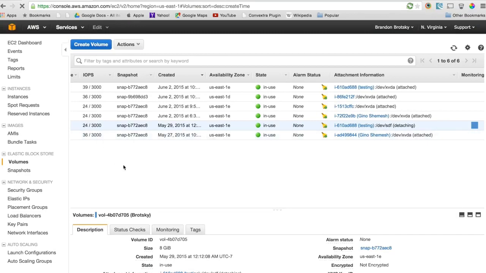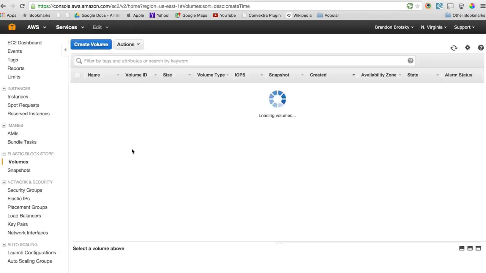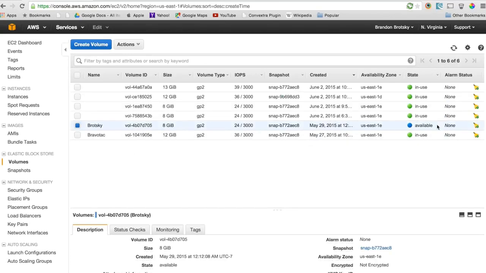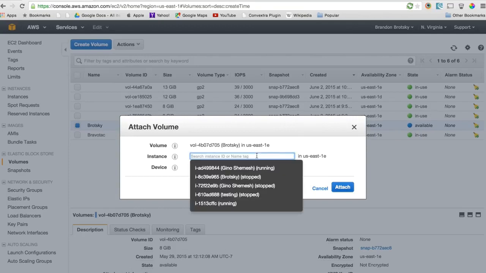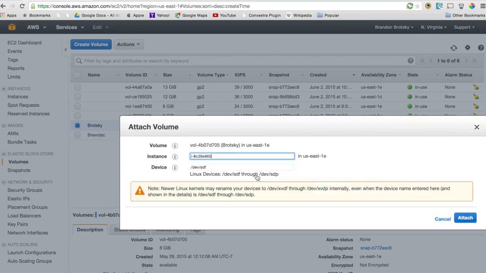All you have to do is really refresh. And when you refresh, you can see that now it's available. So now let's go ahead and attach it. We're going to attach it straight to our